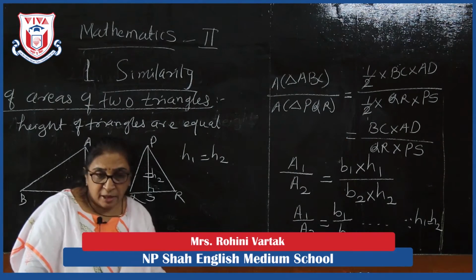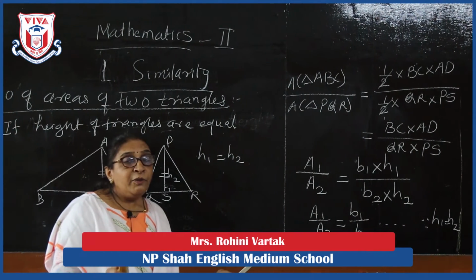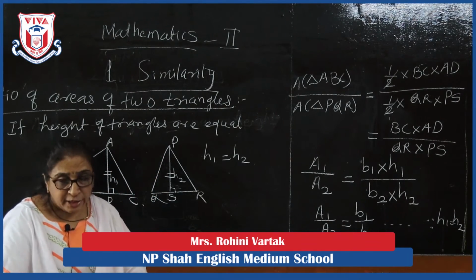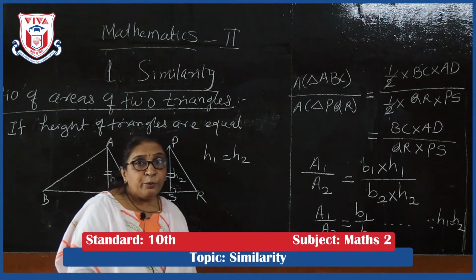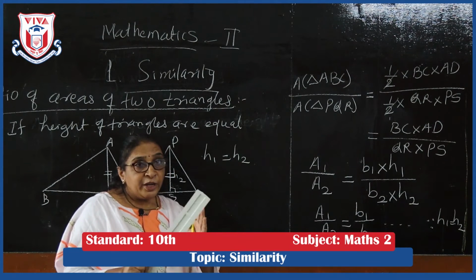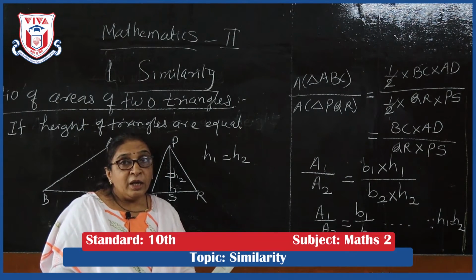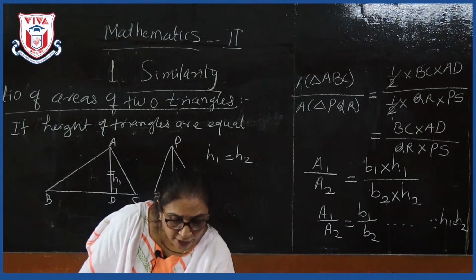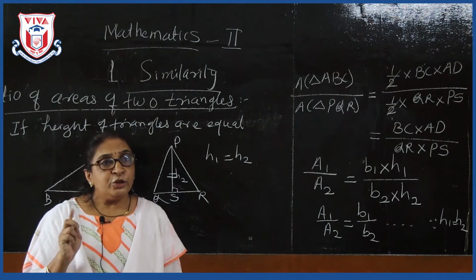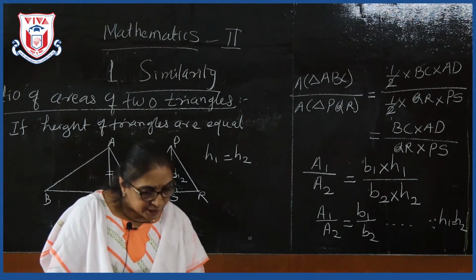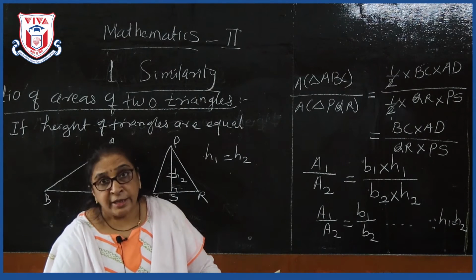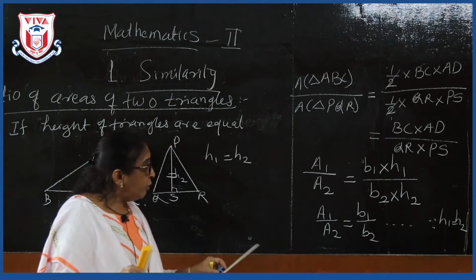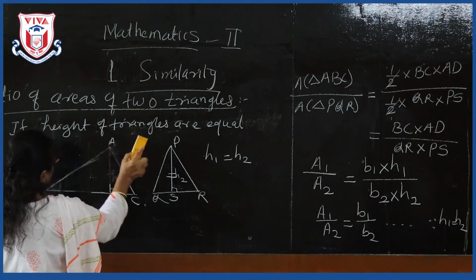Okay? In the same way, we will see the next property, but before learning that, you should know, whenever figures are given to you, whether they have equal heights or not. Now you know that the distance between two parallel lines is always equal, and hence triangles between two parallel lines have equal heights. I will show you with the help of a figure.